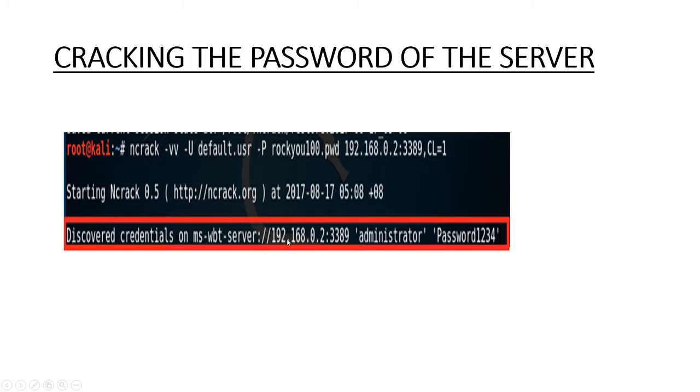As you can see here, the administrator is the username, and the password is password1234,